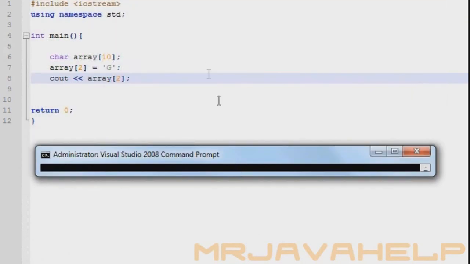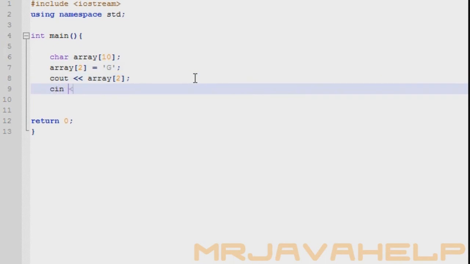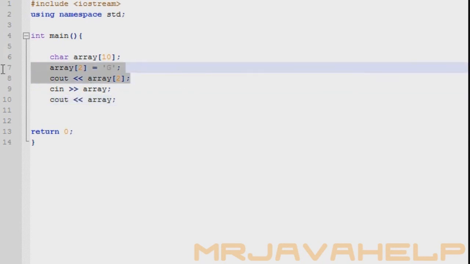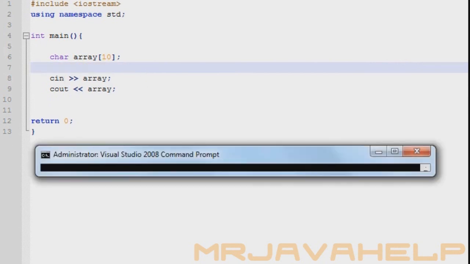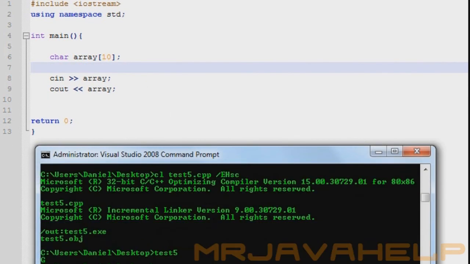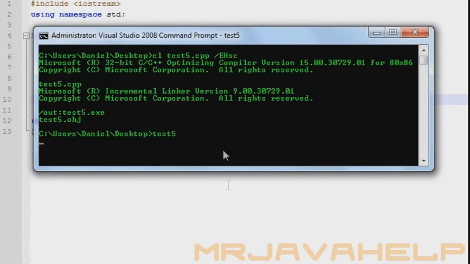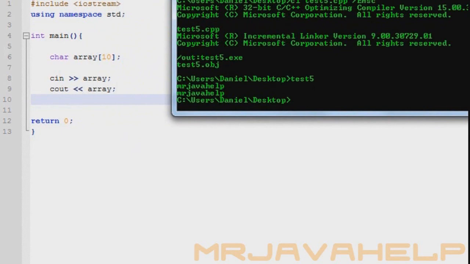Let's go back to our char array of 10 here, and we can do cin array, and then we can do cout array. What we know right now is the array has 10 values, from 0 through 9, and the last element is a null byte. So there will be a value stored in 0 through 9. So let's cin to array and then cout array as well. It's going to prompt me for something. Let's type in my name, Mr. Java Help,